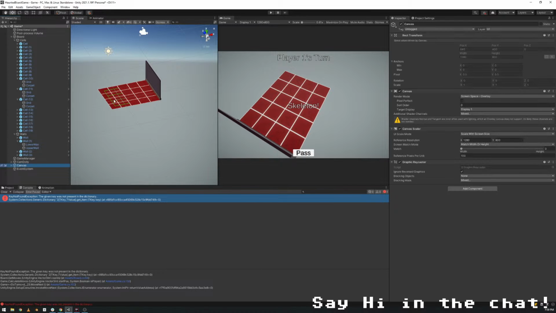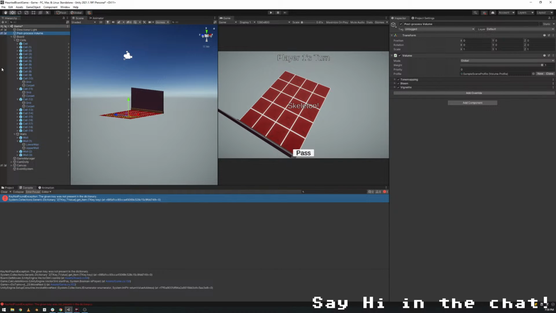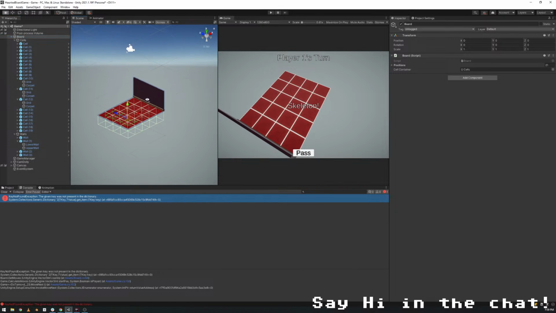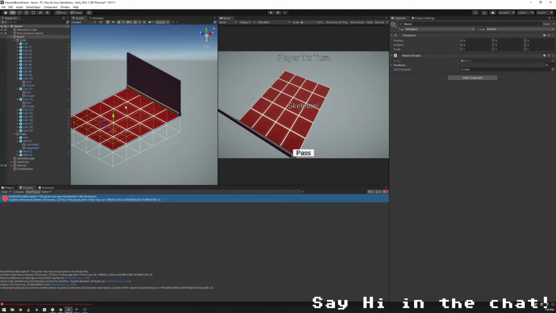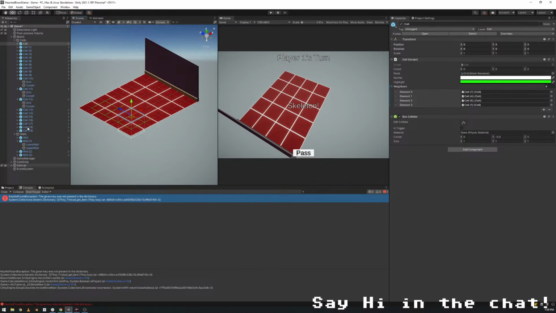So if I'm not working on the canvas, why would I ever want to select it? We could do the same thing with the directional light, not going to use it. The volume, not going to use it. We could do the same thing with the board, just get rid of it if we're working on some other piece. It's pretty handy if you start getting a lot of overlapping